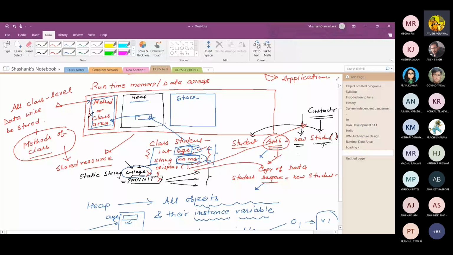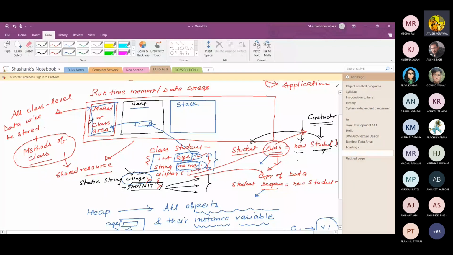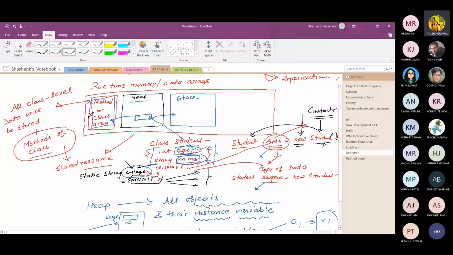When you create the object, in the heap memory area a pointer is created which points to the method area in order to access the method. We will see these things later in the class and object chapter, but we need to load the class into memory one time. Basically, you need to load the class.